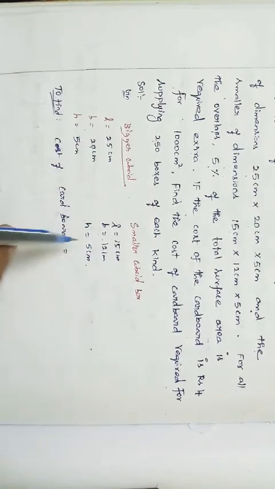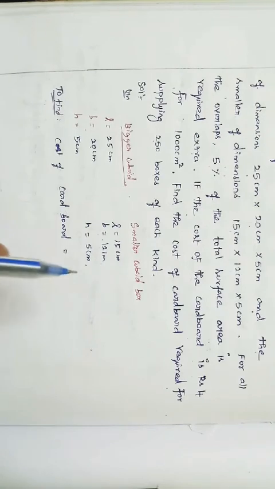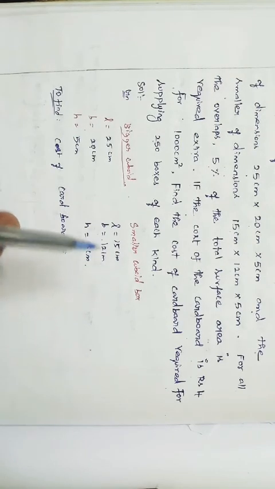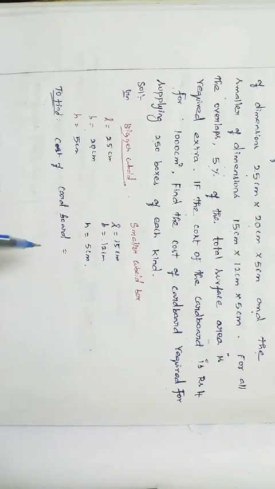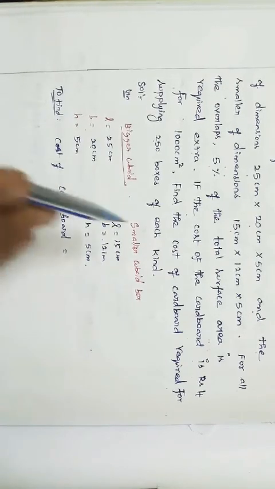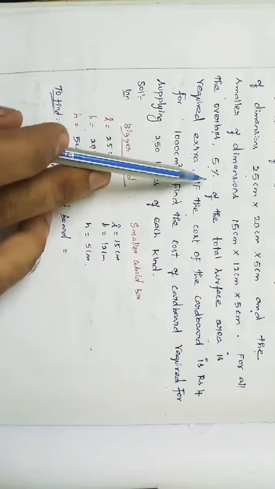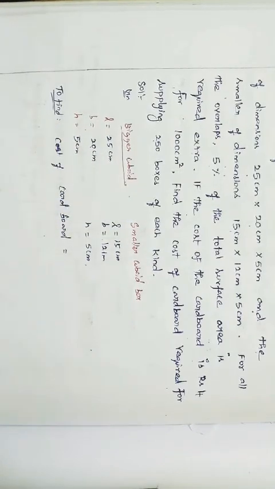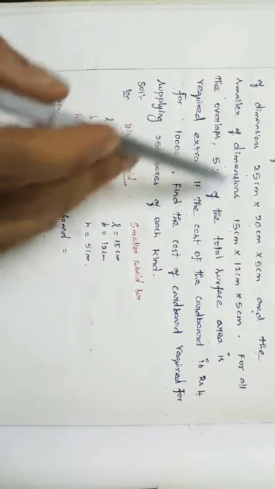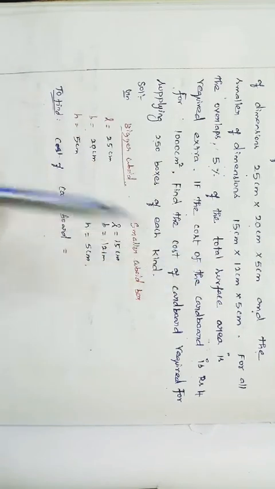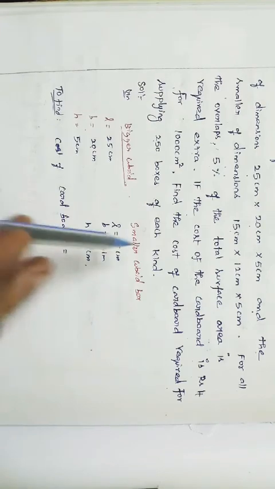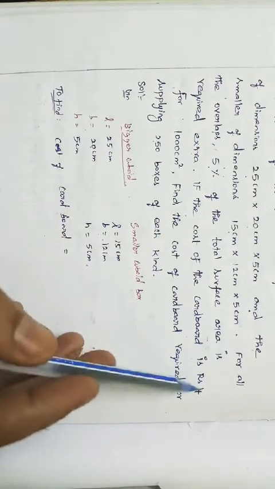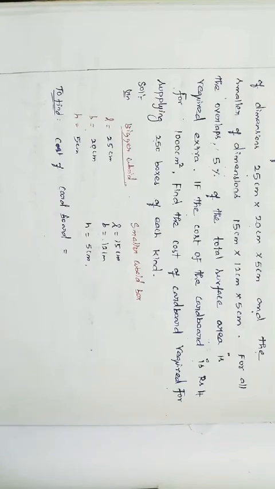After finding this, we find the total surface area for 250 cuboidal boxes of each kind. After finding the area of the 250 boxes, we want to find the 5% extra for the overlap. After finding that total surface area, we will get the total surface area of the cardboard. After that, we multiply by the cost and we will get the total cost. So we can find it one by one.